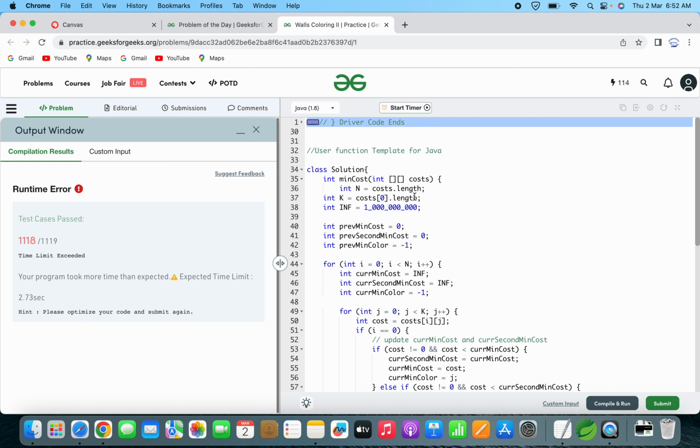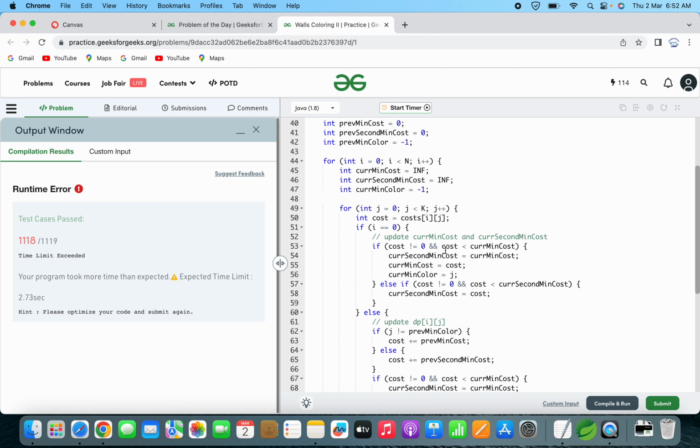We also define a very large number, infinite, to represent infinity. We then initialize three variables to keep track of minimum, second minimum cost and colors used for previous walls. So this is done here. Then after this we are iterating over each i and each color j. Then we initialize those three variables, that is current min cost, current second min cost and current min color,